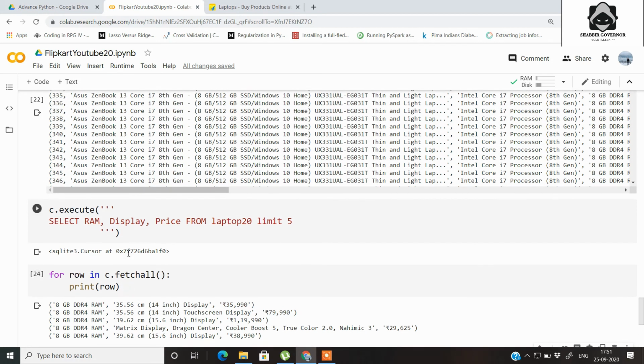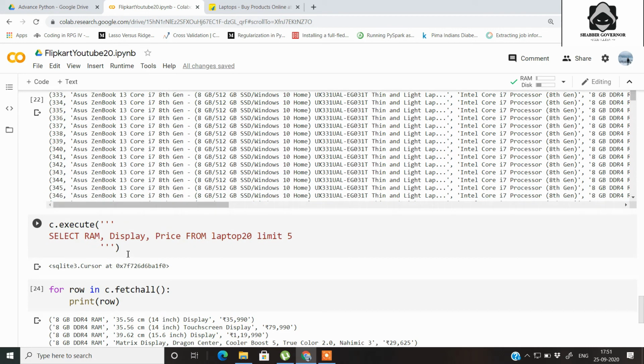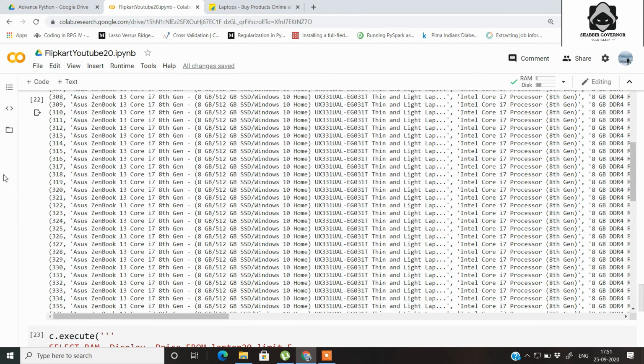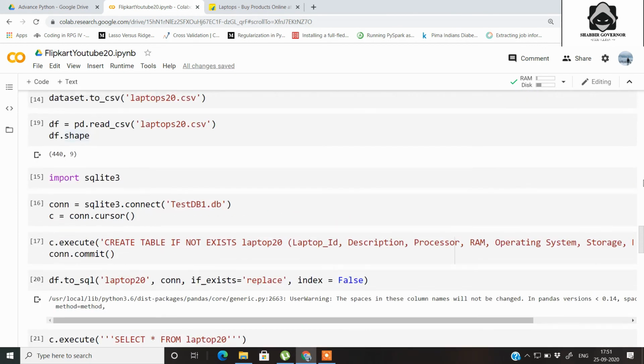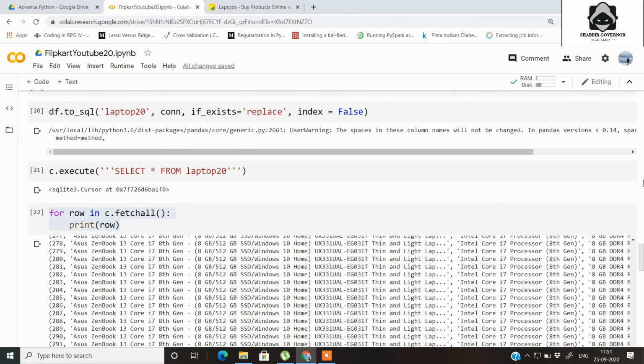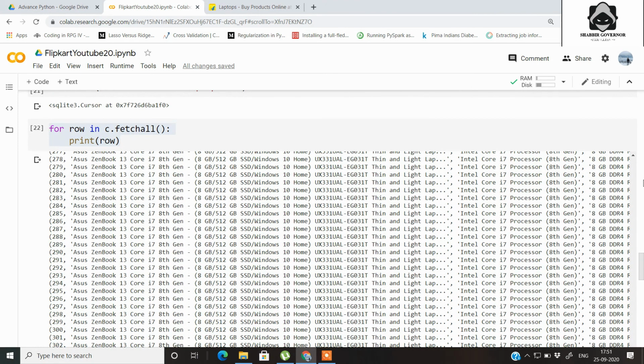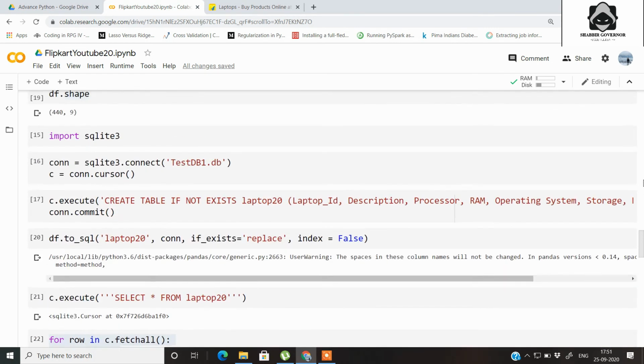I wanted to show you about scraping multiple pages from a website, and you can build the logic for the same. What you can do is change it to a CSV file and also to SQL tables. I hope that all the parts that I have covered in this video are clear to you.